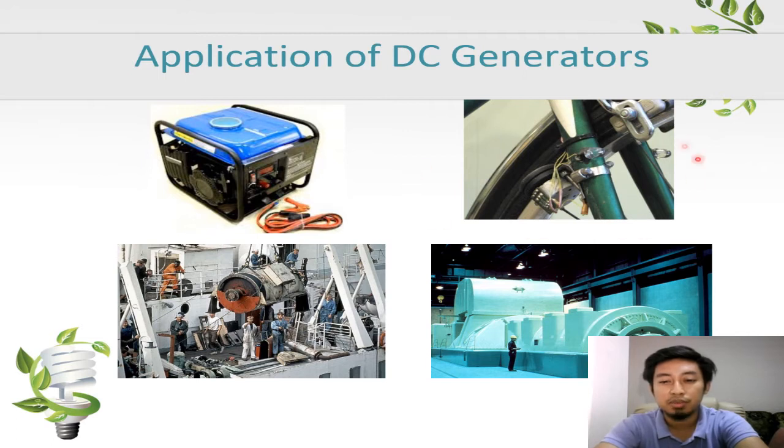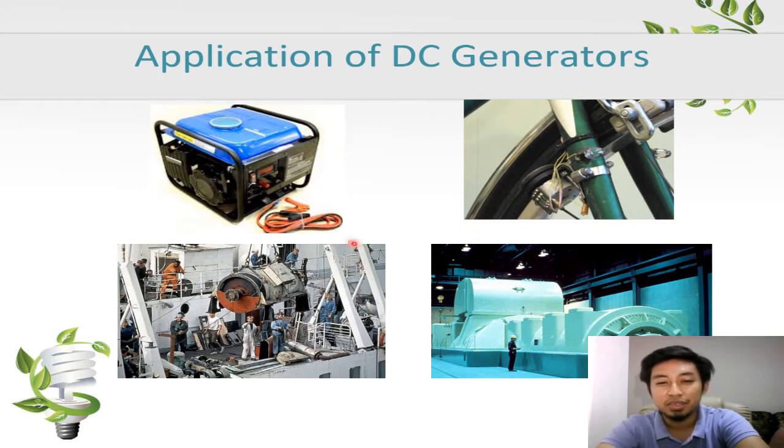If you still remember during your childhood, we used a dynamo to light up the lamp on our bicycle. A dynamo is like a generator, converting mechanical energy into electrical output. In offshore and in other companies, they have a genset. This is the application of the generator. Without the generator, we cannot use our home appliances.